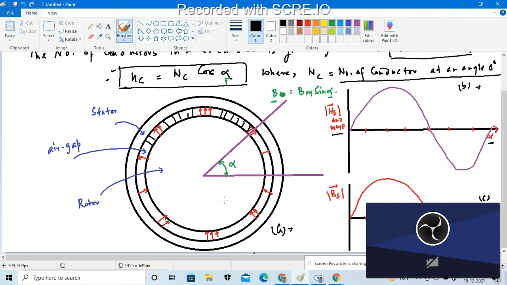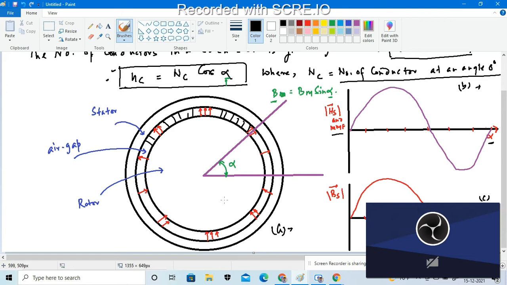So there must be a different design aspect as far as design is concerned, but in practice it is not possible to distribute the winding exactly according to the slot number, that is, the number of conductors in each slot, whatever the slots that will be assigned for the rotor design.